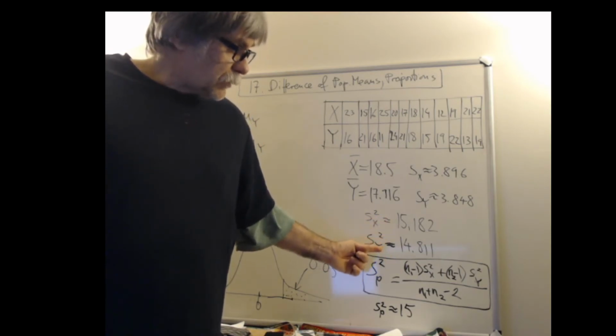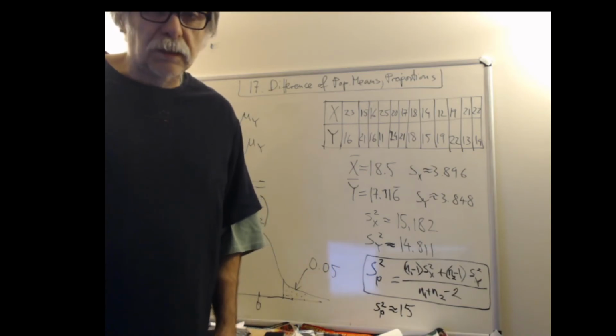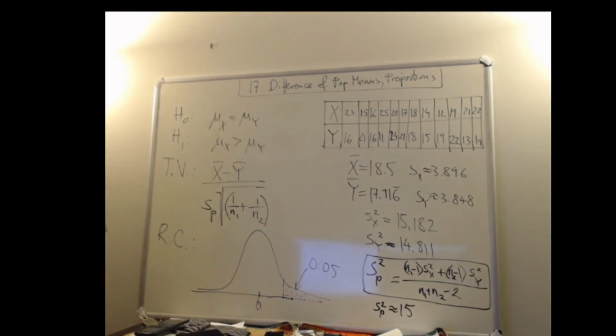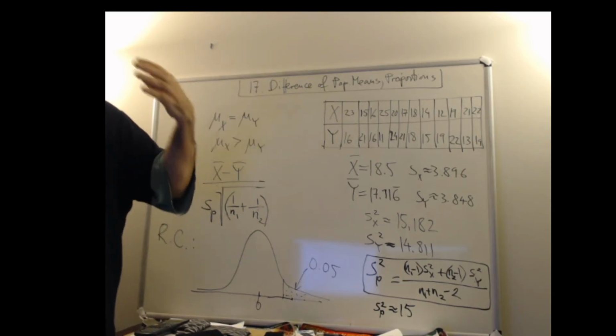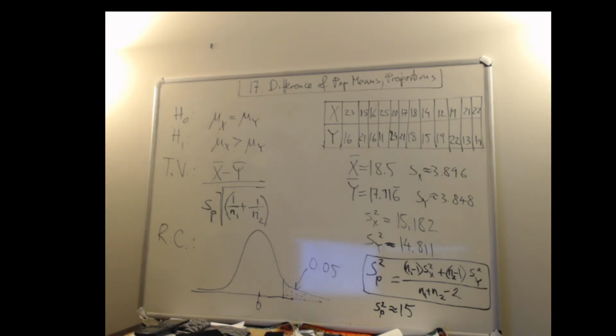In one sample, another sample is about 15. In both of them, the difference is 2.5% from one to another. I have indication of the same variation in the population. Or you might have another information that says that it's the same variation in the population. One way or the other, you need to have that, and then you have,